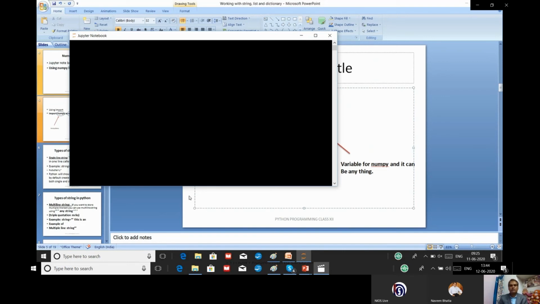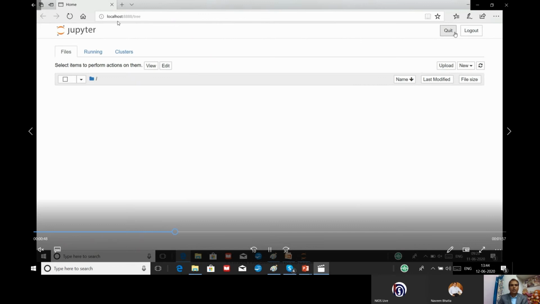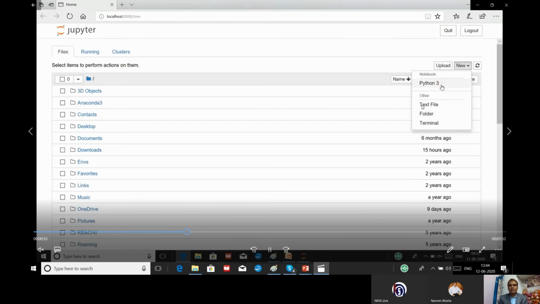So you can see now we have started our Jupyter notebook. We are on localhost. Now we will click on New. As you remember, we will start Python. Now Python is ready, and the first line we have to type is import numpy as np.